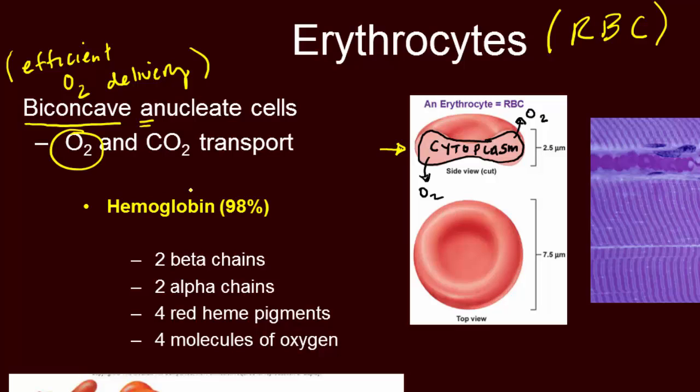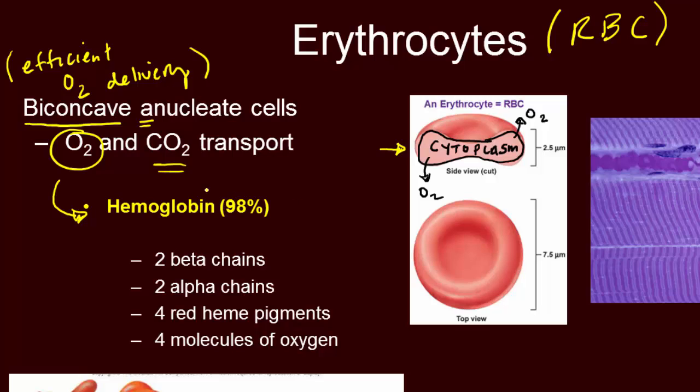Okay, we can also transport a little carbon dioxide in the red blood cell as well. Okay, so you might not have thought that that was possible, but in fact it is. But the main function is delivering oxygen, and the red blood cell is able to do so with a protein